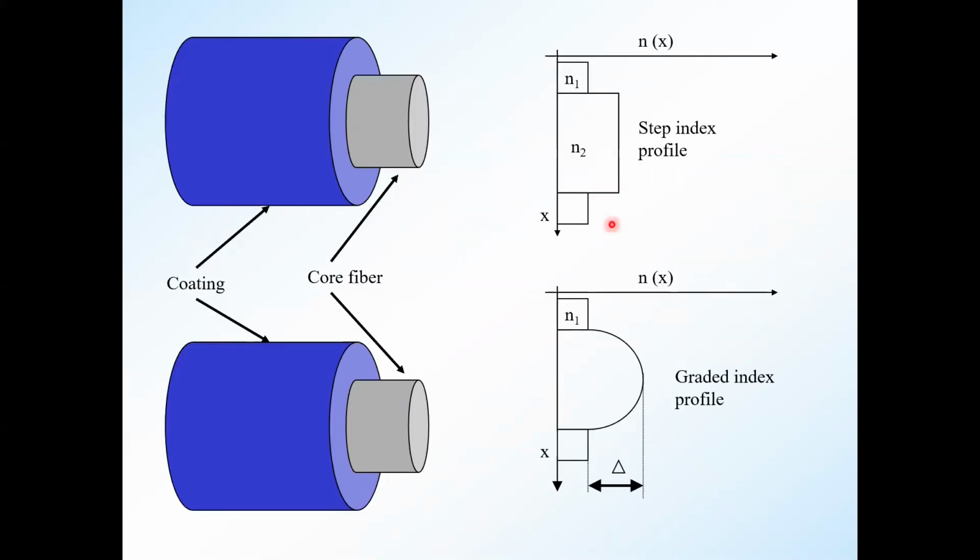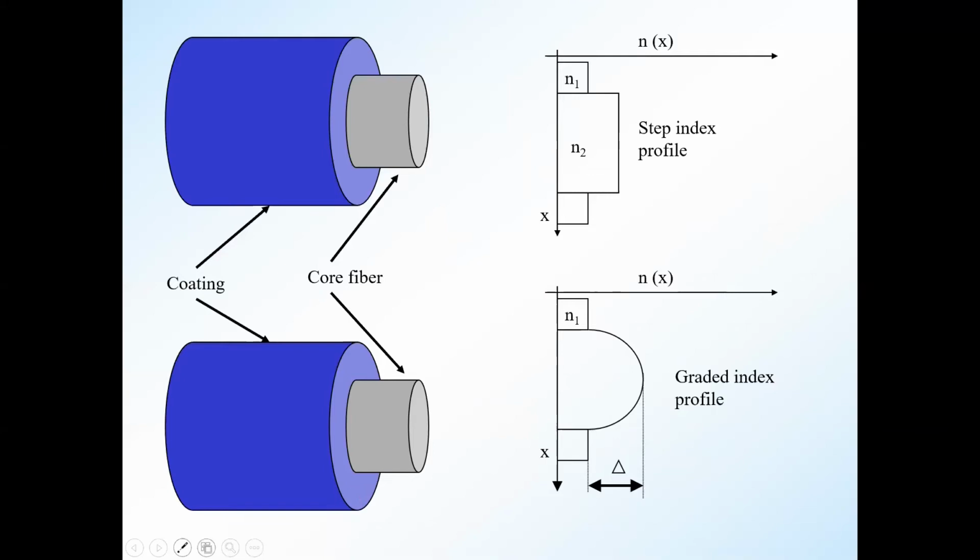Instead of a step size it has got a curved profile which is varying, which gives you a minimum dispersion. But cladding normally हम N2 ही रखते हैं, उसमें हम grading नहीं डालते, because graded index means fabricating layer by layer with a different refractive index. So it's actually a tedious process and it's costlier as compared to step index.